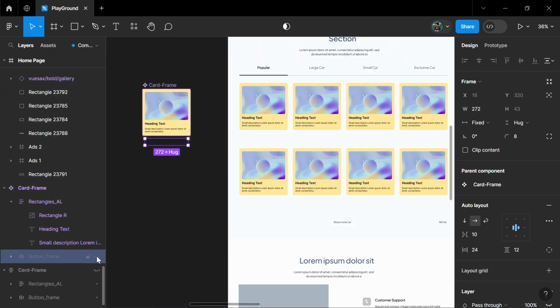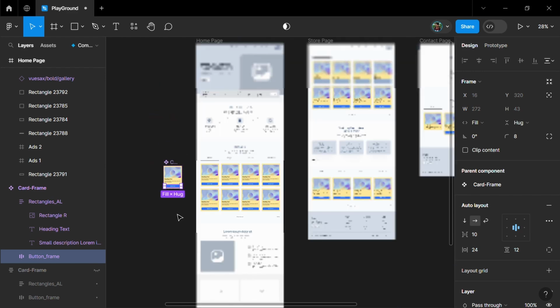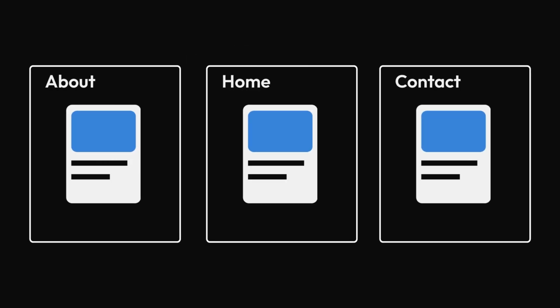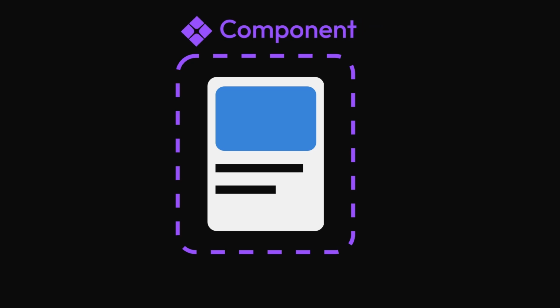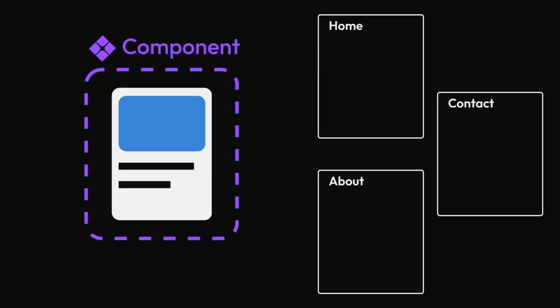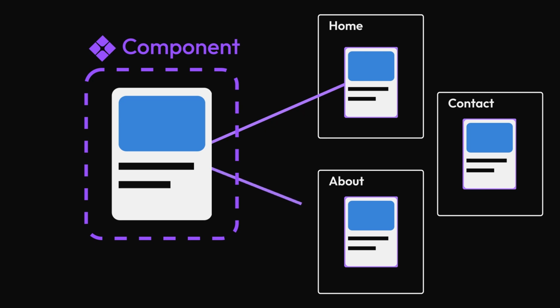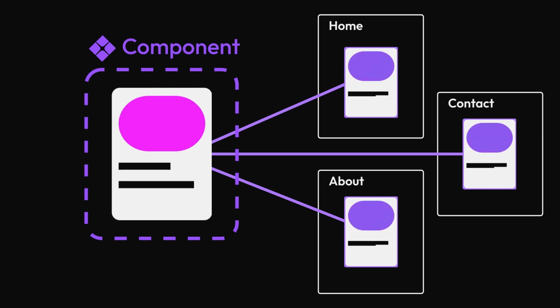And if you want to edit anything, just edit the main master component and all the changes will reflect everywhere automatically. But how do components really work? You have one card that you are using again and again in every page of your design. So you just create it once and then set it as a component. Now to use it on every page, you add its instances by dragging and dropping its copies on every page. That way you have multiple instances of the master component. And now if you change anything in the master component, the changes will automatically reflect on its instances.